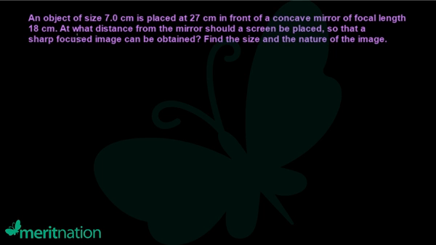Now let's look at this question. For this question, it is given to us that an object of size 7 cm is placed at a distance of 27 cm in front of a concave mirror whose focal length is 18 cm. So we have to find out